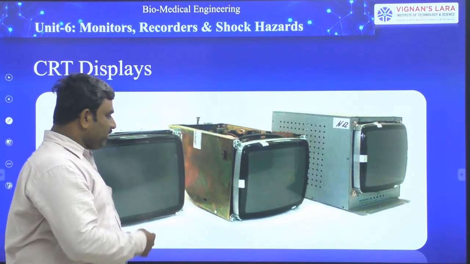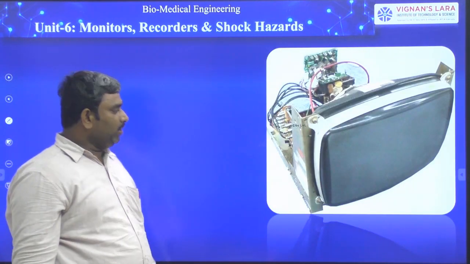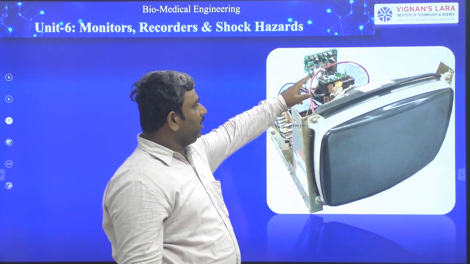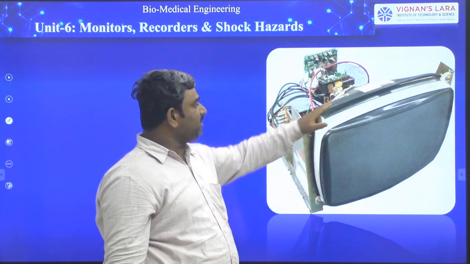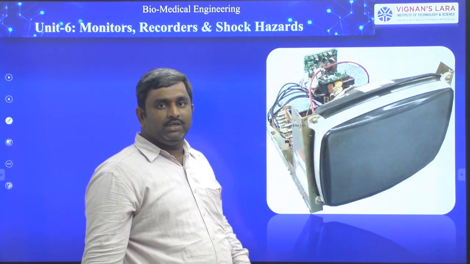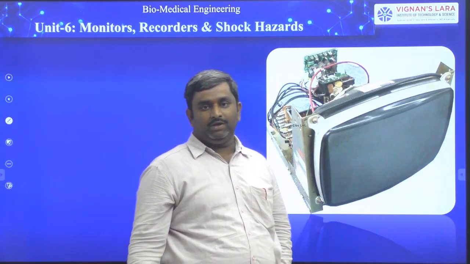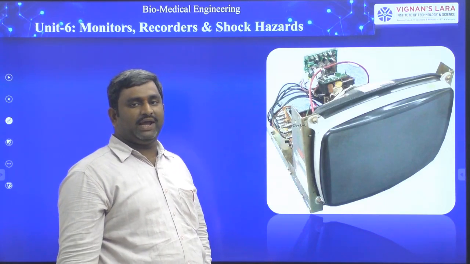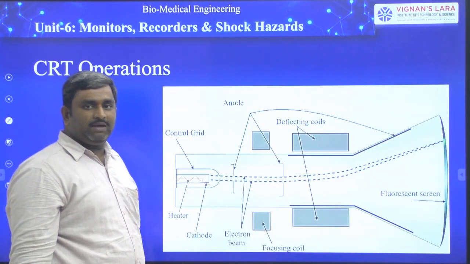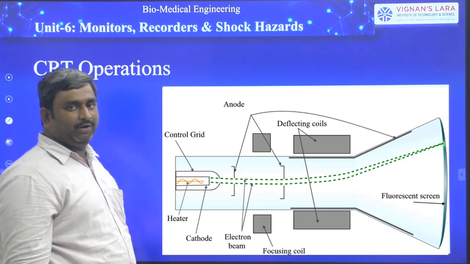Coming to here, these are some examples of olden days CRT based displays. See here, at the back side of the CRT display we have a lot of electronic components, and this is almost a vacuum based display. Previous displays are normal displays, and this is a non-flat display. In this display we have raster screen type operations. Next, this is the basic principle of the cathode ray tube, and coming to operation.